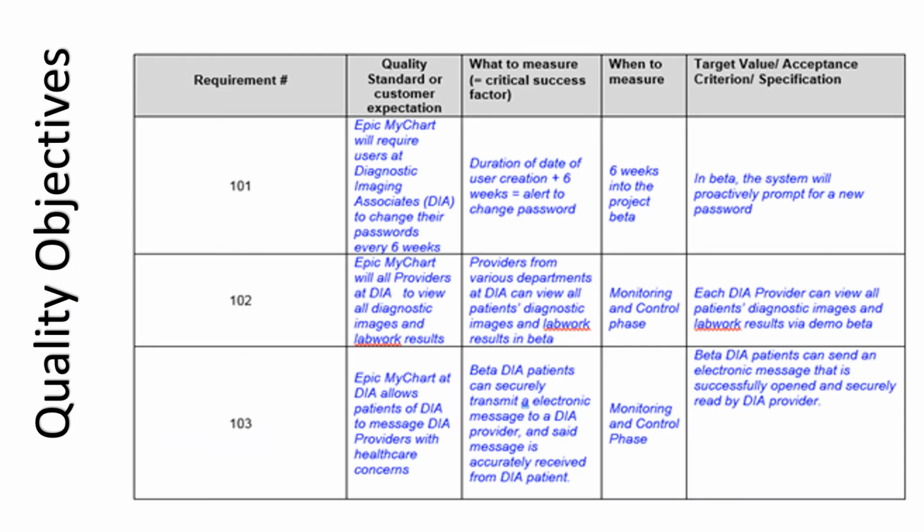So here are some quality objectives that we've laid out and their requirements, and this should look familiar to you. We proactively monitored and tested beta to prevent defects and verify that the system is meeting expectations that were outlined in the project charter. The quality assurance process includes documentation from the process-oriented communication plan that's been presented both biweekly and in monthly meetings and has also had minutes provided for verification.